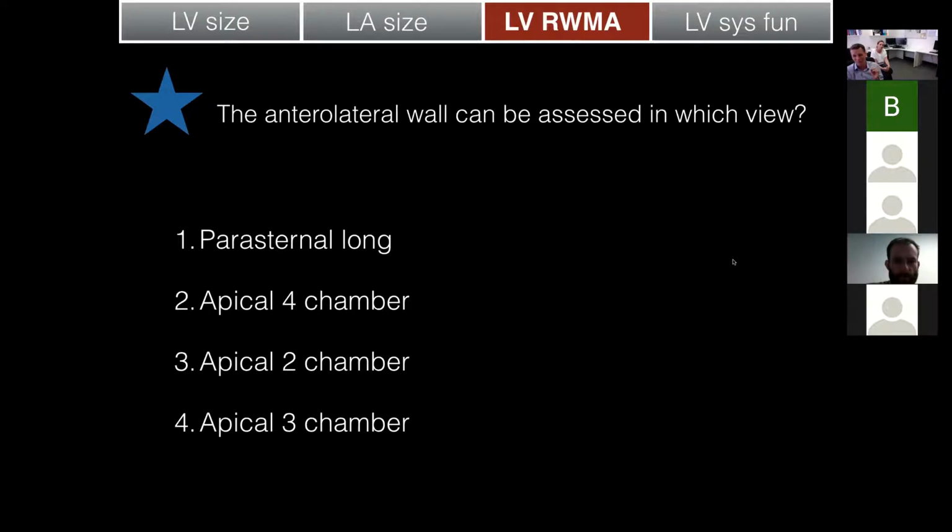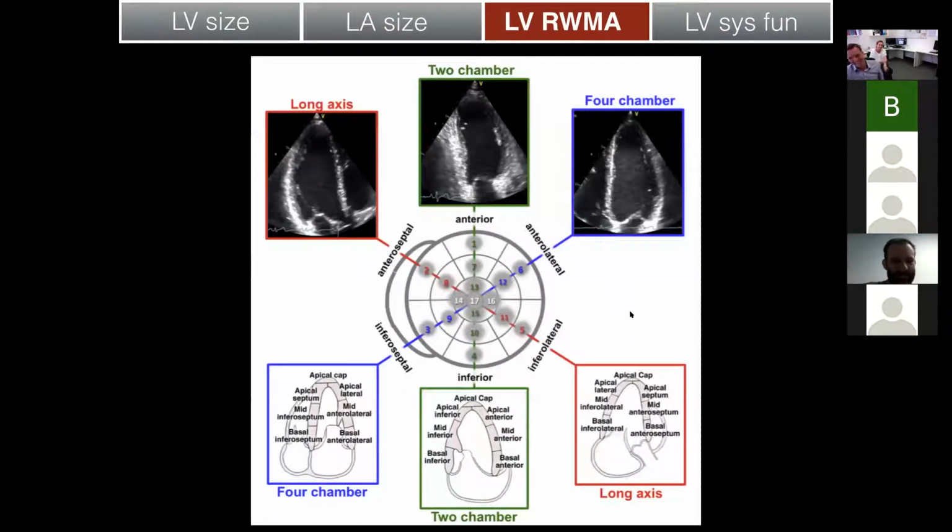I have to do exactly the same. I have to stop, I have to look in the air, and I have to think of this picture. And I start with my 2-chamber, because the 2-chamber I can remember with my anterior wall on the right side of the image and the inferior on the left side of the wall. And then I have to work my way back. I imagine myself in my apical view, taking my apical 2-chamber, and I got there because I rotated 60 degrees from my 4-chamber view. So from my 4-chamber view, I rotate anti-clockwise 60 degrees to get to my 2-chamber, and then I go another